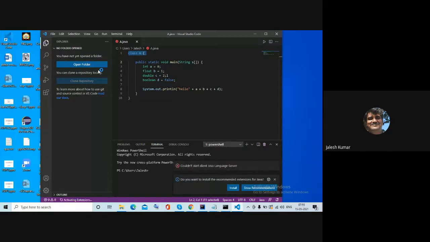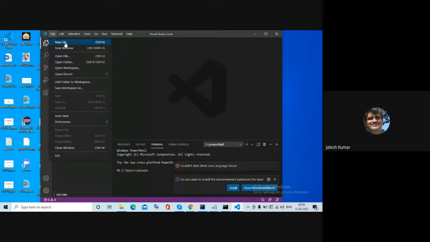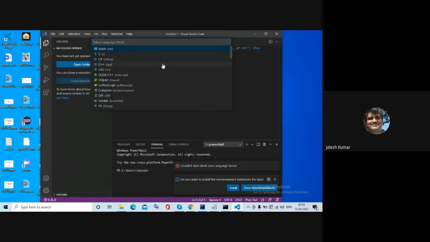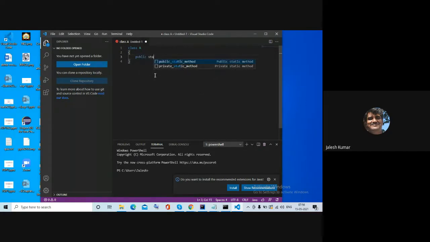Here you go to File and New File and select a language, because in Visual Studio you can work with many languages. That is the advantage. Eclipse is only for Java, but here, C, C sharp, C++, many things are there. Just type Java, so it will take you to Java type.